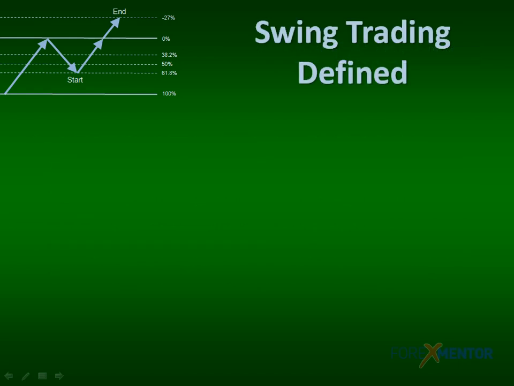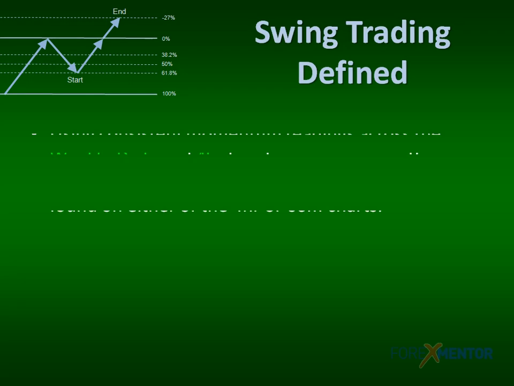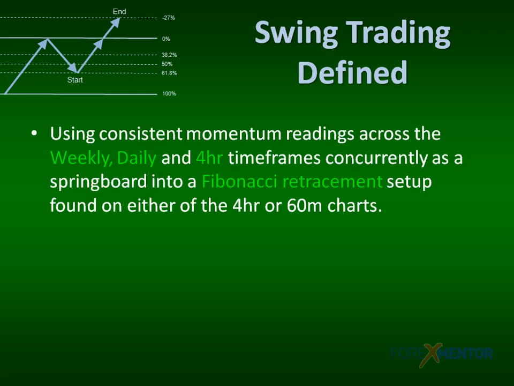In case you're new to swing trading, let's begin by defining the term. In version 1, we had a more detailed definition. I think we can summarize things simply thus. Swing trading, per this methodology, means using a set of consistent momentum readings, either bullish or bearish, across each of the weekly, daily, and 4-hour charts concurrently as a springboard into a Fibonacci retracement setup found on either of the